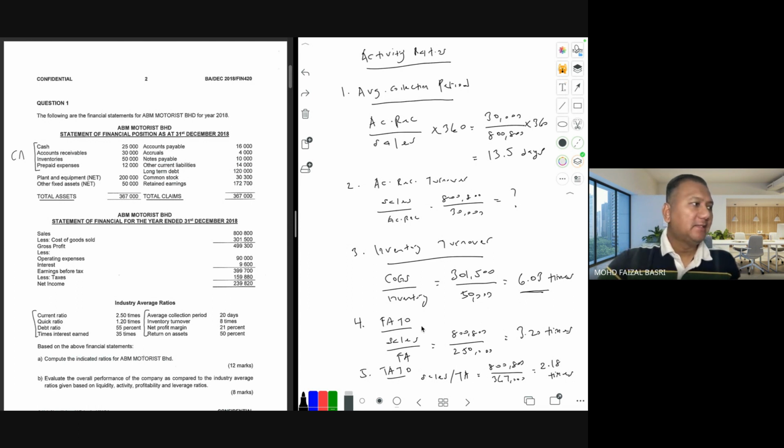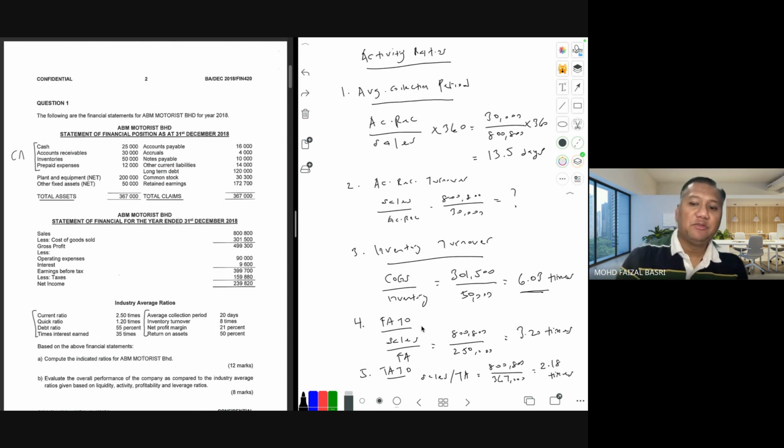So far dah ada berapa dah? 11. Okay, recap. The first one is liquidity, 3 ratios. And then we have leverage, 3 ratios. And then we have activity ratios, ada 5 ratios. So as of now, we have 11 ratios. Okay, to put it in perspective, okay, imagine